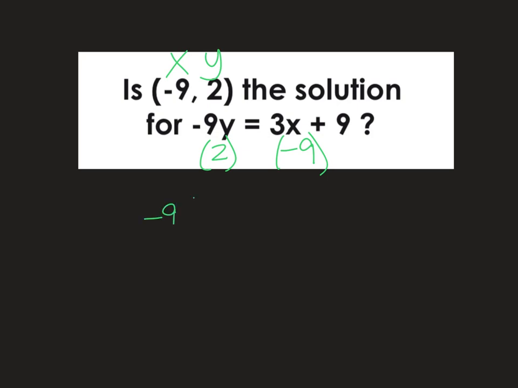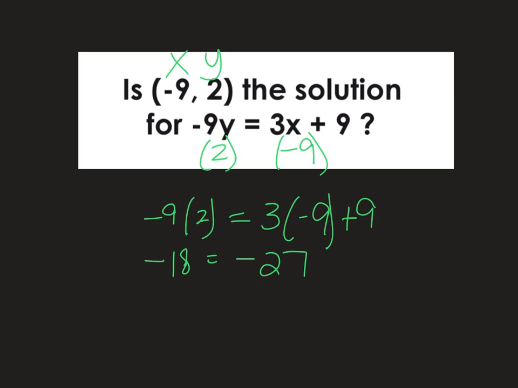So we have -9 times 2 equals 3 times -9 plus 9. So -9 times 2 is -18. 3 times -9 is -27 plus 9. -18 equals -18. So we have a true